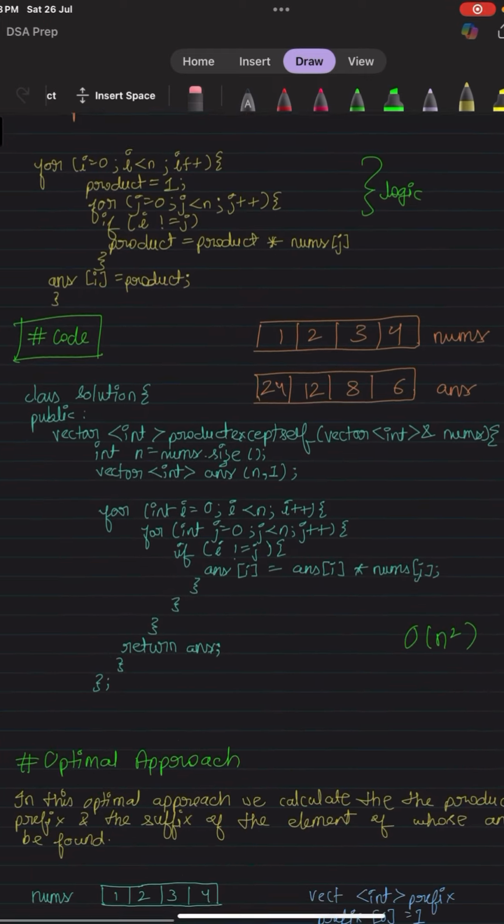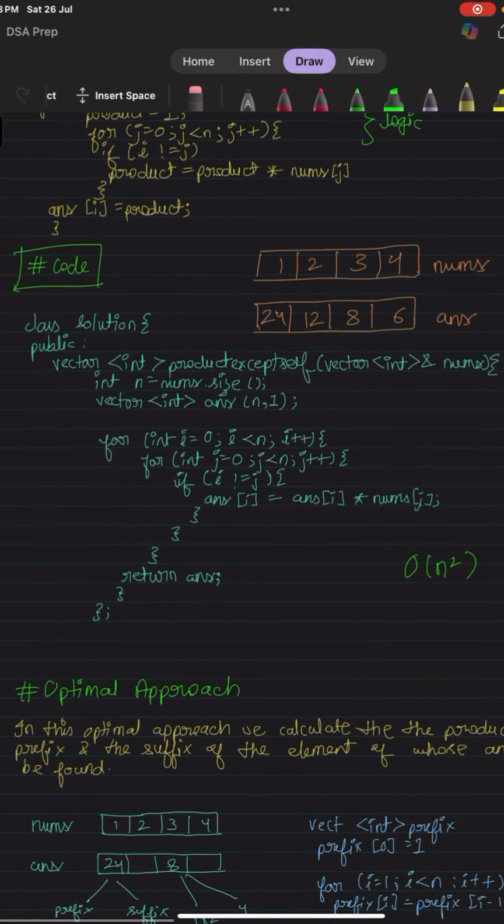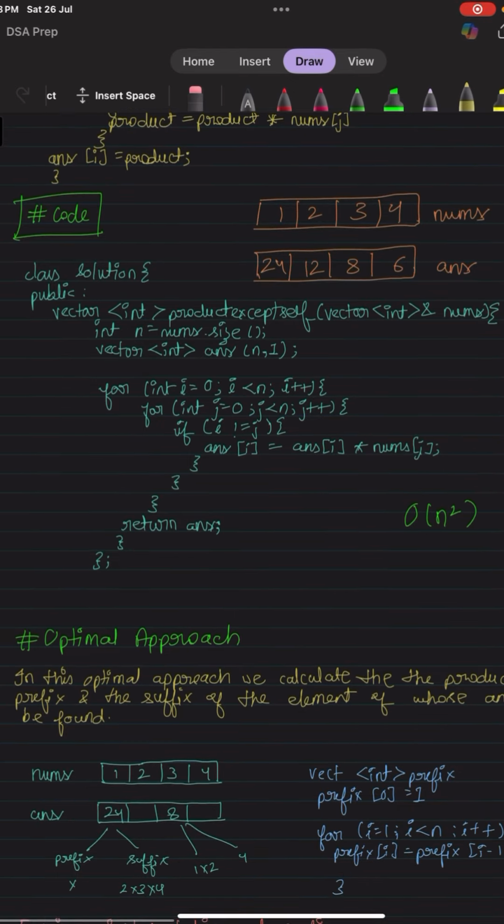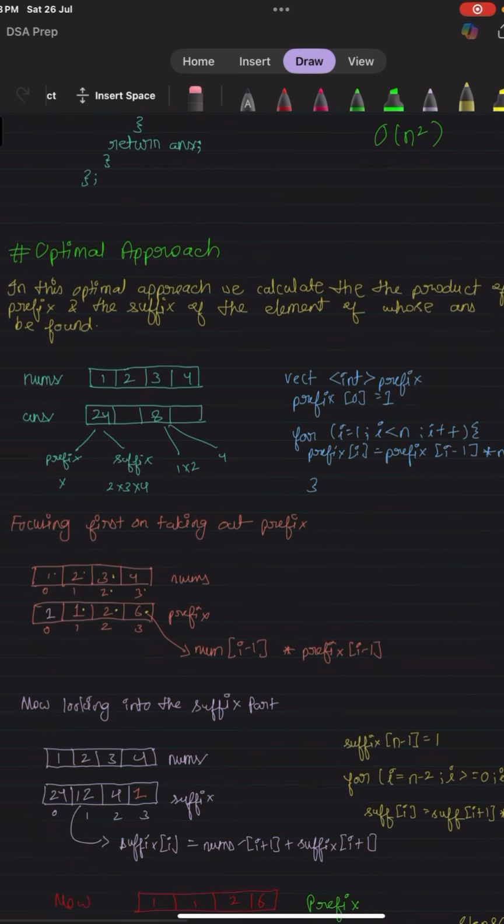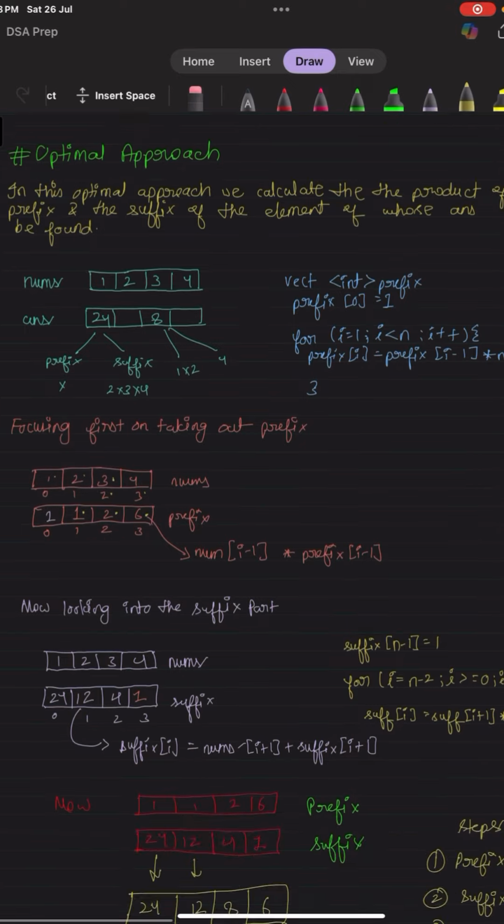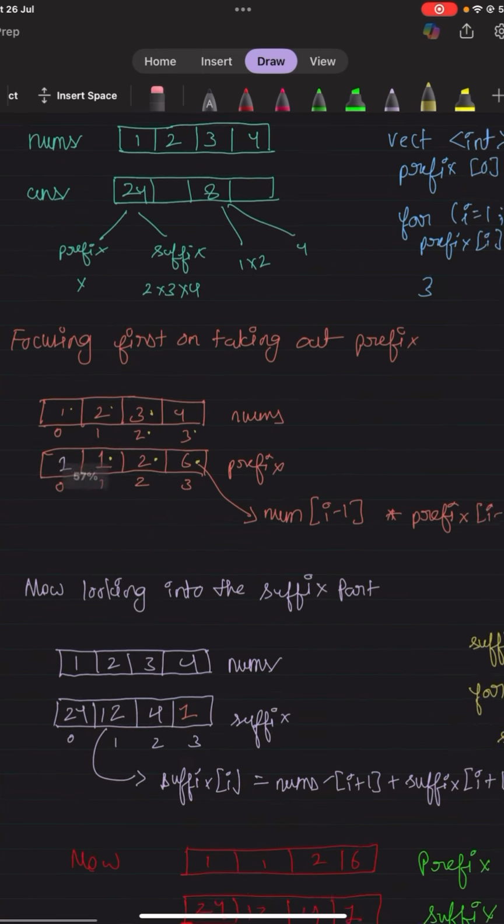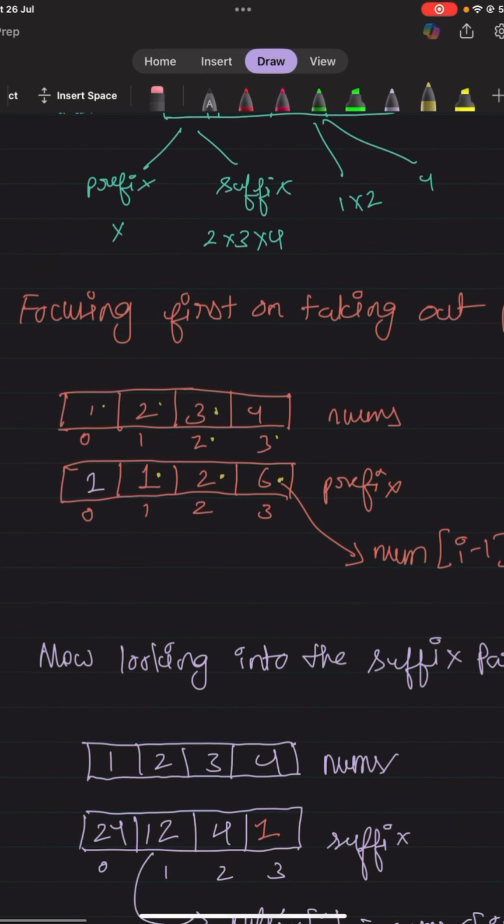So there are two approaches for this problem. One is the brute force approach, one is the optimal approach. The optimal approach is the most feasible one, so we'll discuss this one. And how we approach the problem here is that we calculate the prefix and suffix and then the product of the prefix and suffix. Explaining this in very layman language, the prefix part, as you can see, for position 0